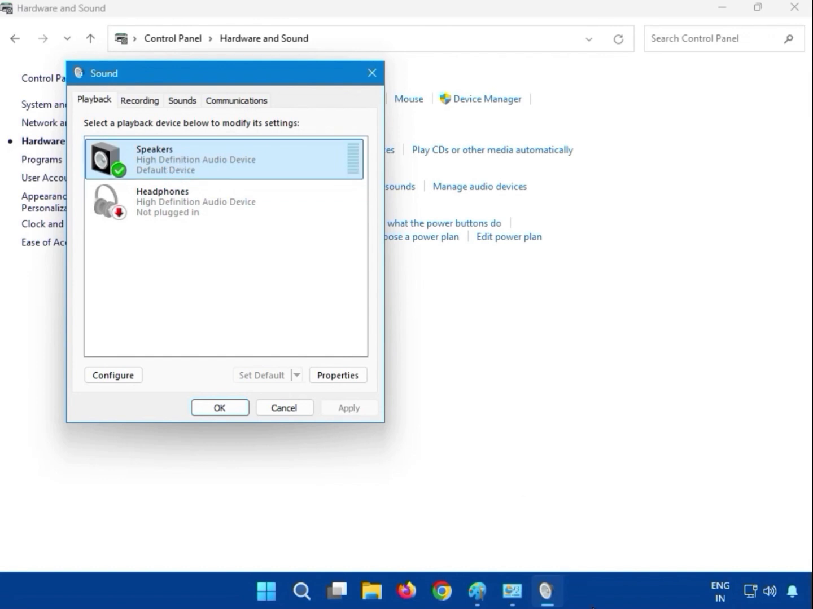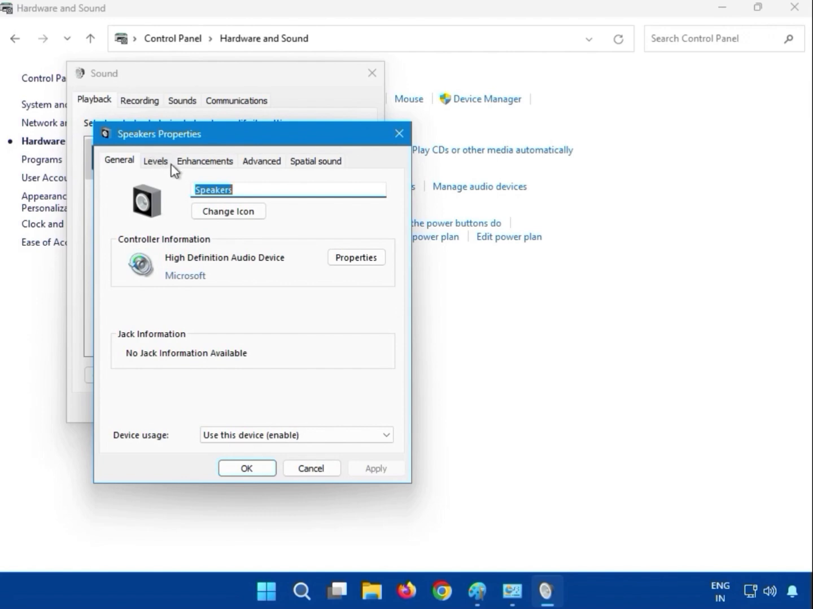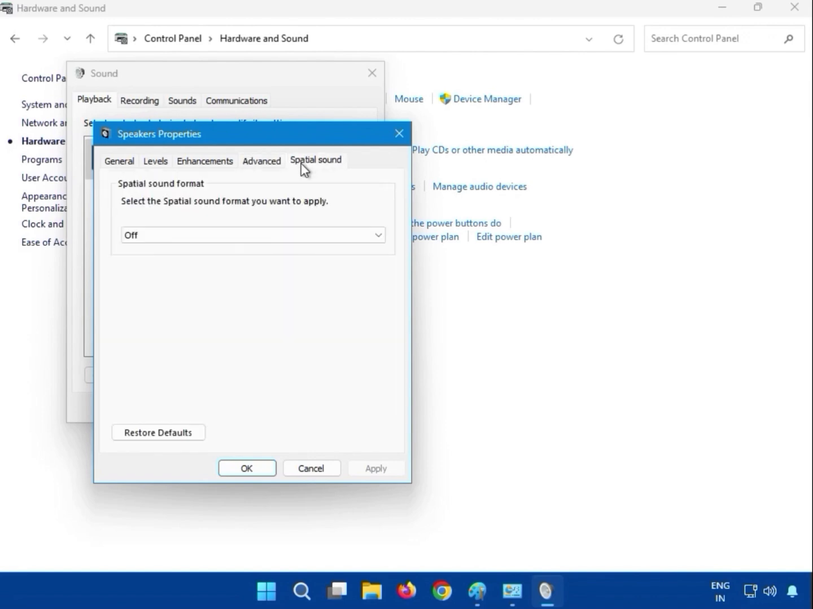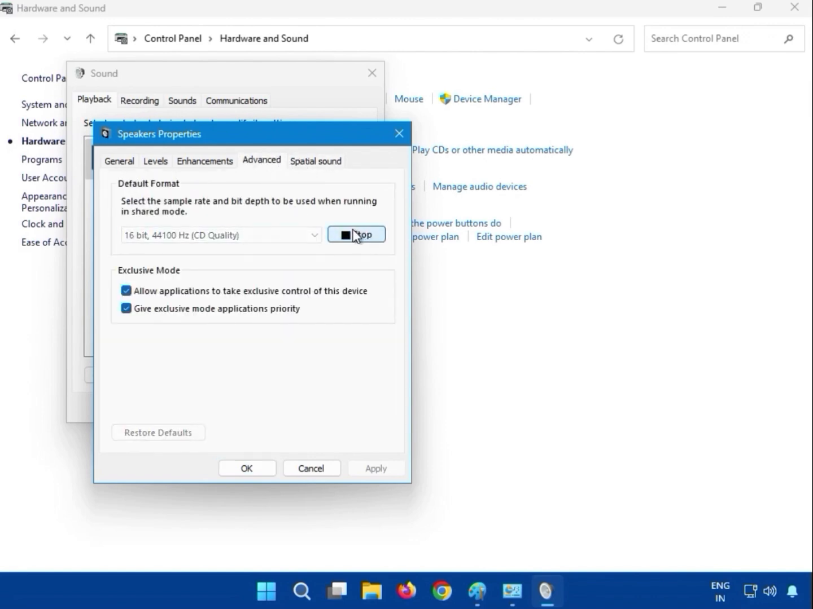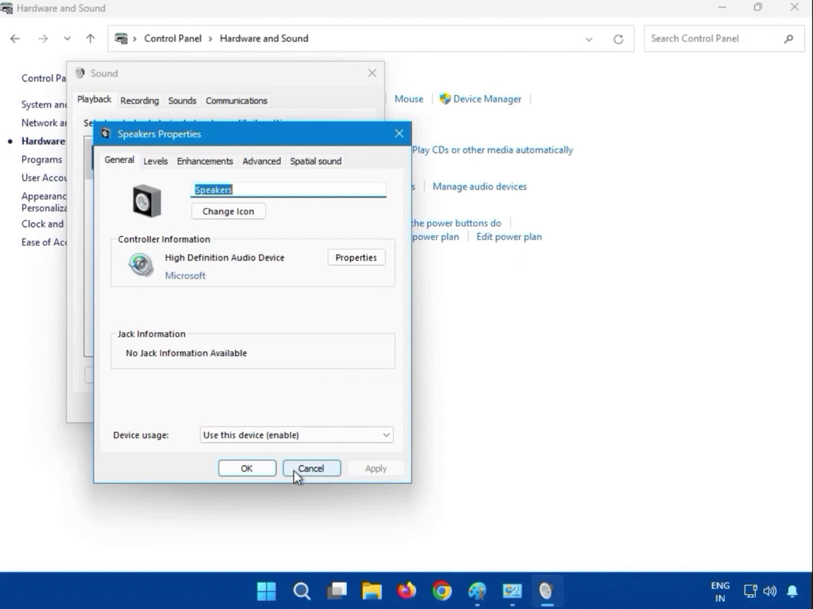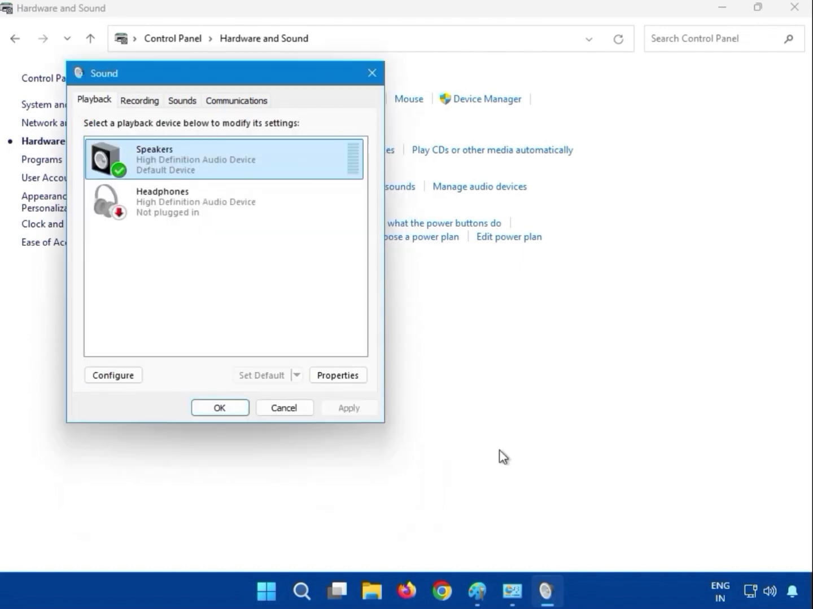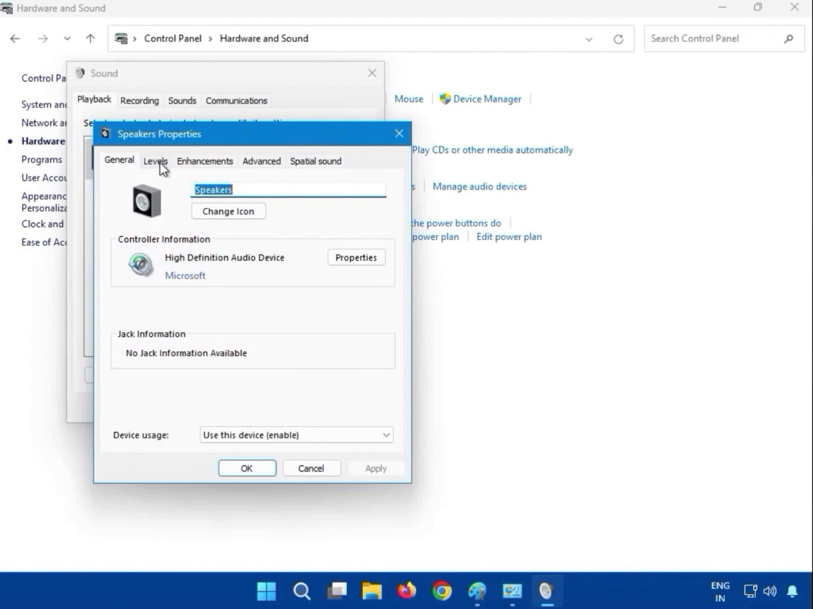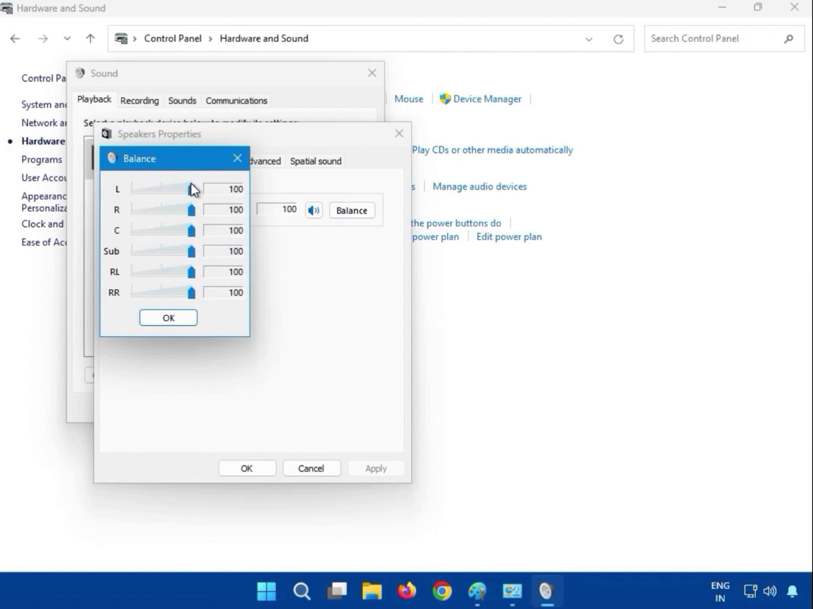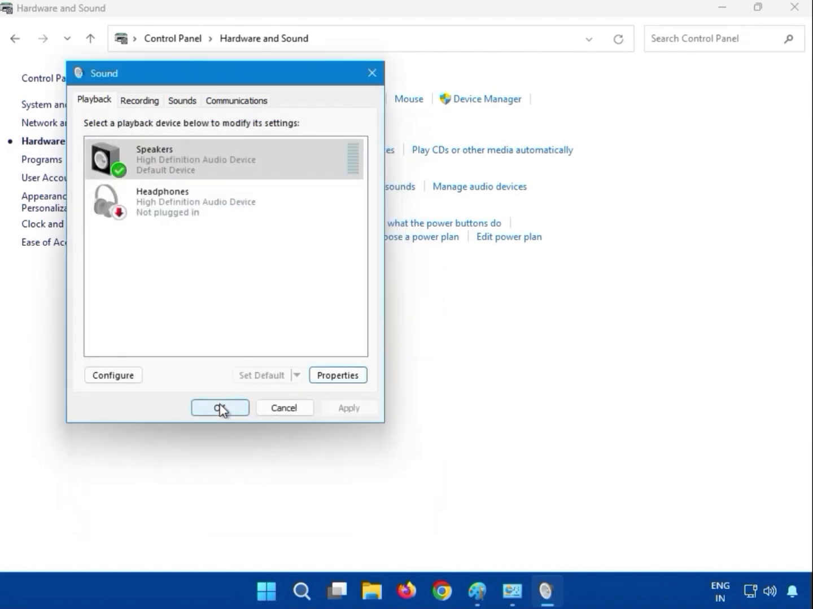Okay, then just double click and click to, you can see the text here like that. Okay, click to Properties. So guys, select the level 100%. Okay, and you can see here balance on 100%. Okay, and then OK, and then OK,